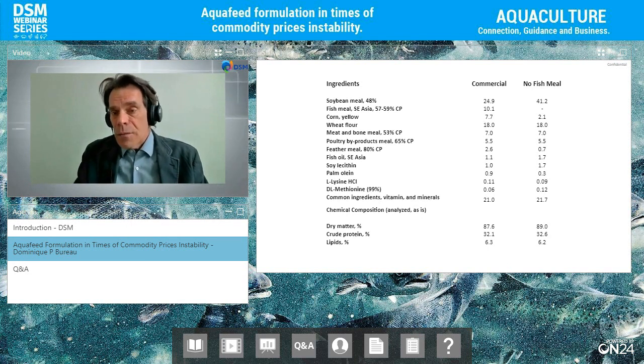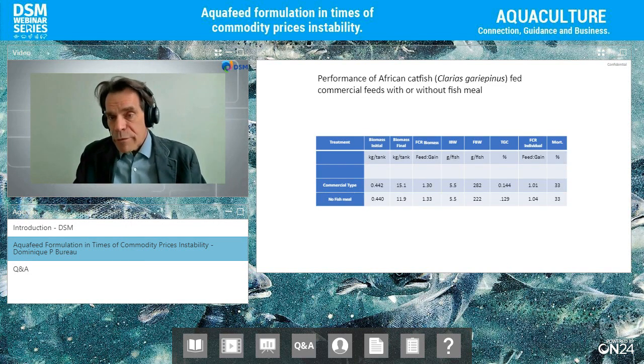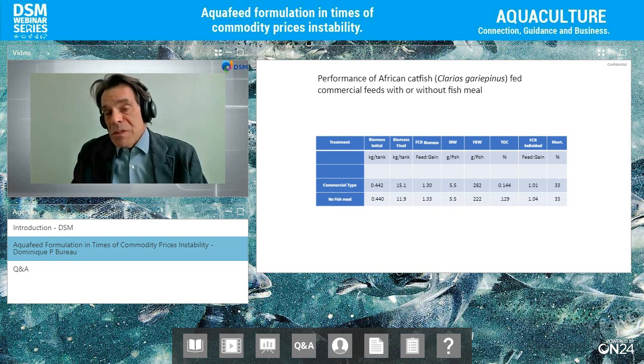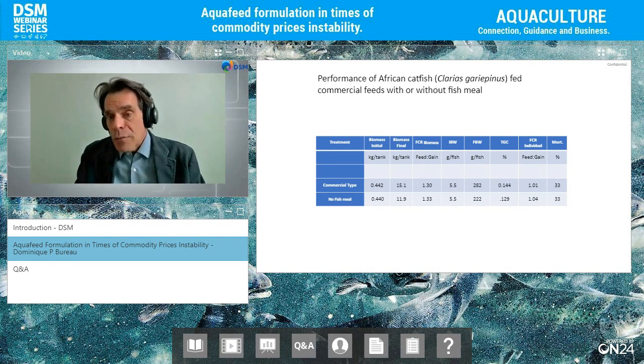In the end, the fish were somewhere at 20-25% lower weight than the fish fed the fish meal feed. The FCR was actually quite similar on an animal basis. So it's probably a question of palatability, or something was missing in the feed and the animal just lost the interest in feeding more, so it was limiting the performance. It was not dramatic. We could still produce decent quality fish and have decent yield, but we couldn't get all the growth potential out of these animals. So you have to be careful. You have to impose some restrictions in your feed formulation.